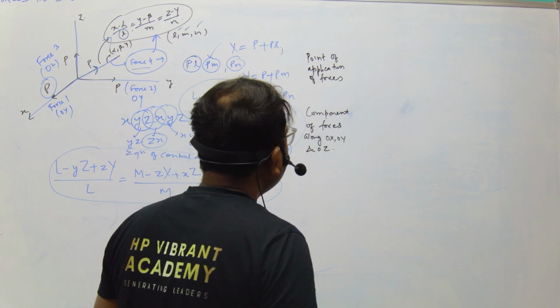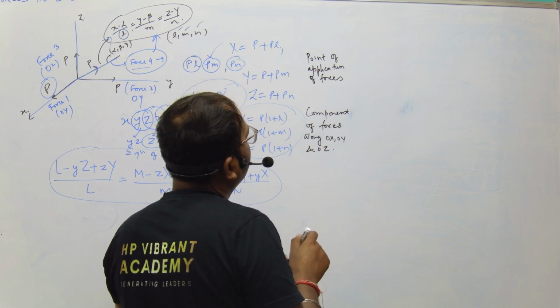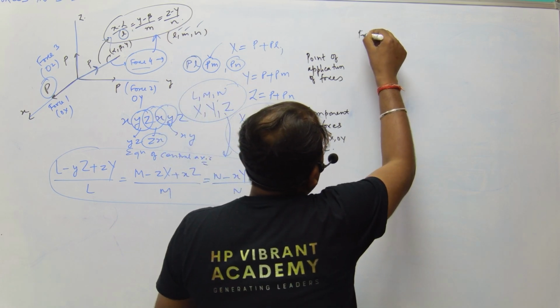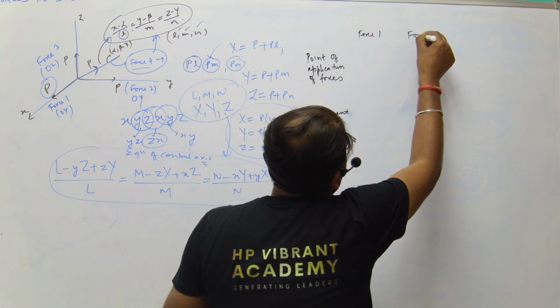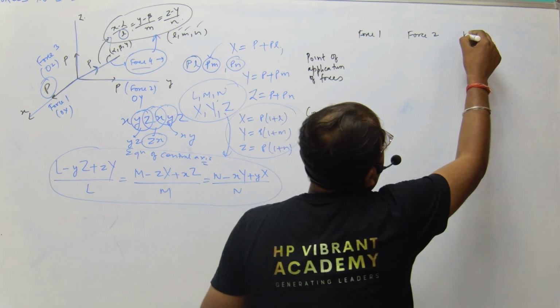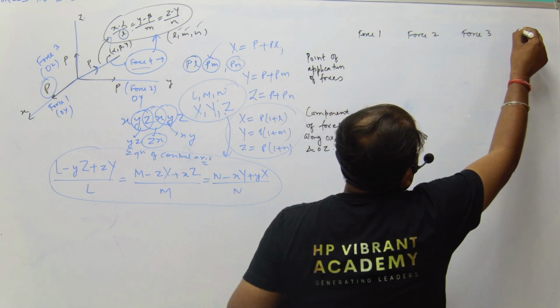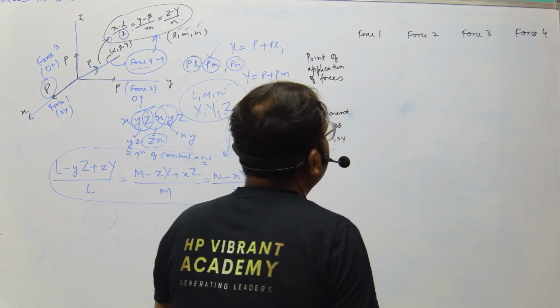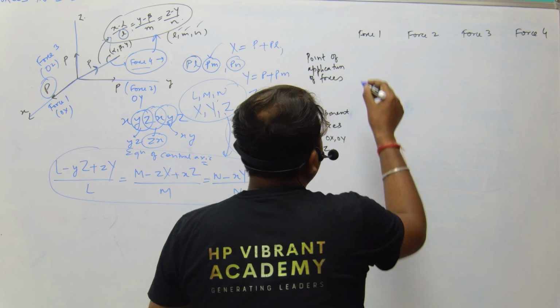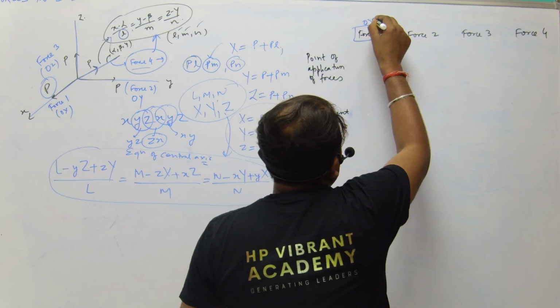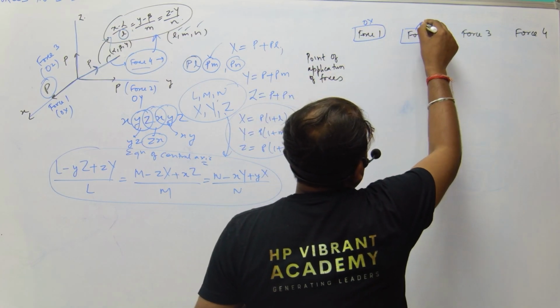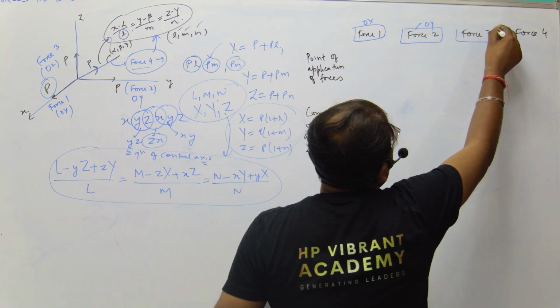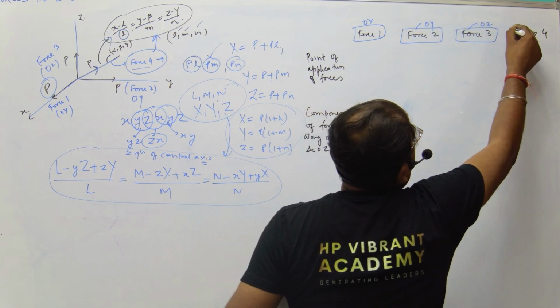Okay, so we have the forces as force 1, force 2, force 3, and this is force 4. Okay, so let us take this force 1 is along OX, force 2 is along OY, force 3 is along OZ, and force 4 is along